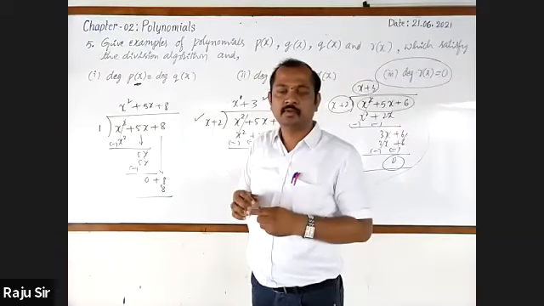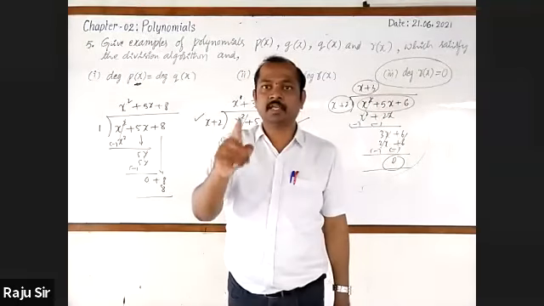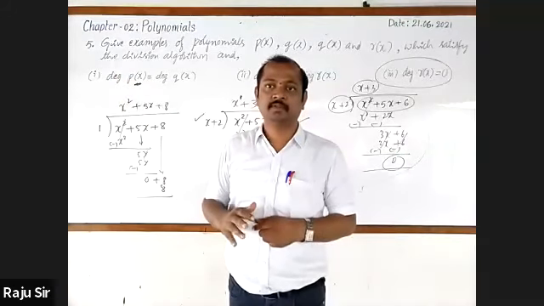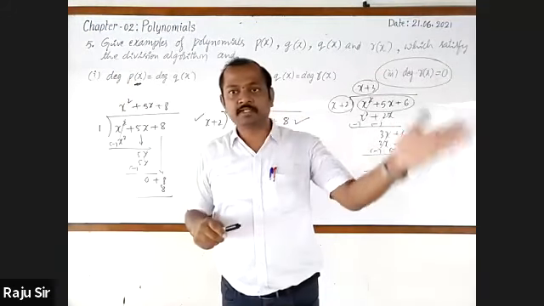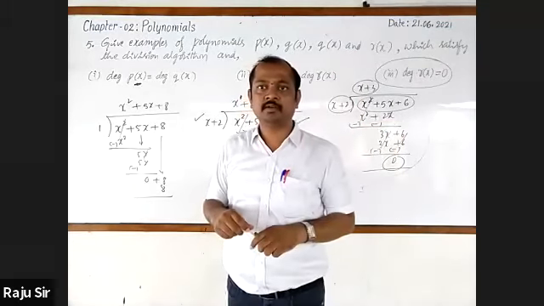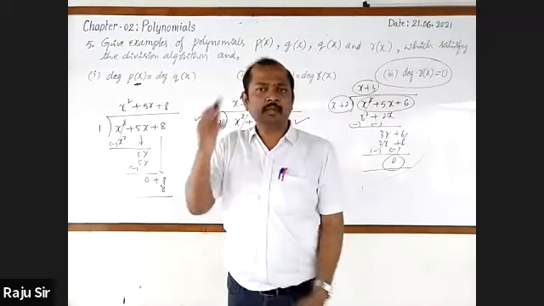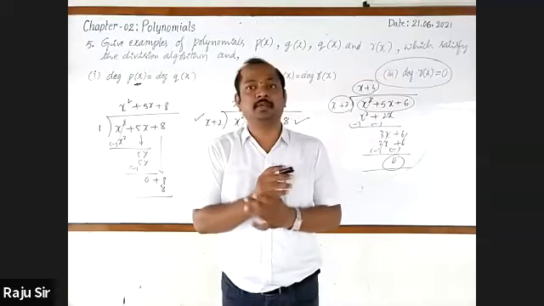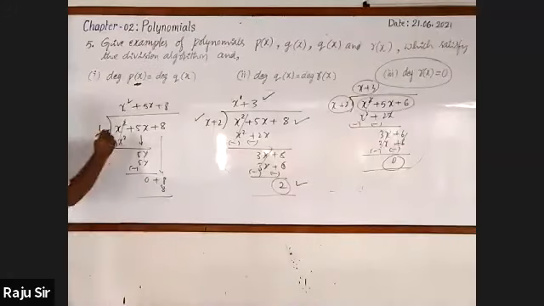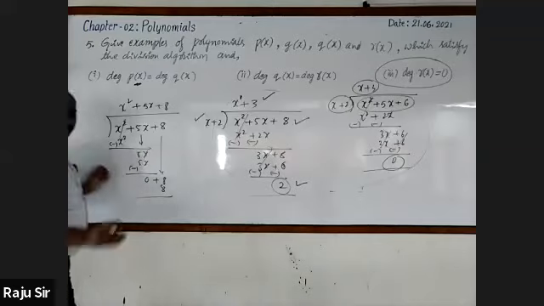Followed? Yes, sir. If you take x plus 2 as P of x, you may take x plus 2 as Q of x. X square minus 10 as P of x, Q of x can also be x square minus 10. Both the polynomials can be taken as same. Then you all may be thinking that, sir, we want some other different example. In a different example, it is here, all right?